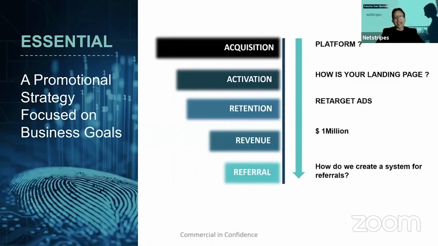So I'm going back to these, called the pirate metrics. So this is the funnel. Based on the research, we have to work out the platform. We know we've got to drive 5,000 visitors to our website. Is your landing page on your website going to give you the return, going to give you the conversion? Is that right? Do you have to improve that?